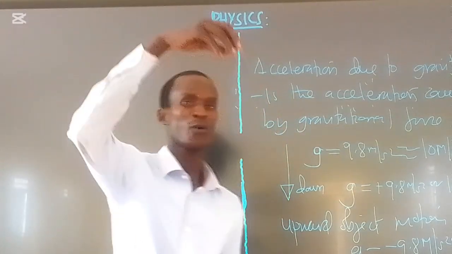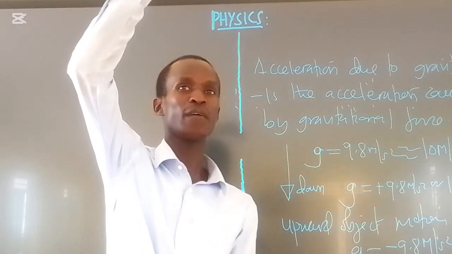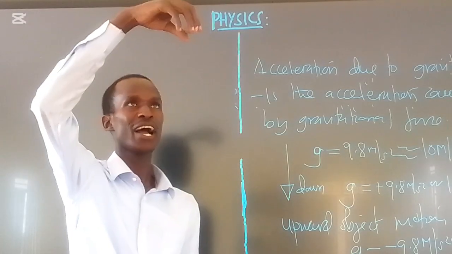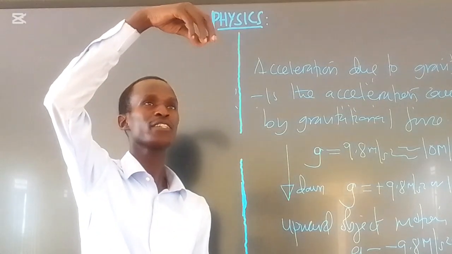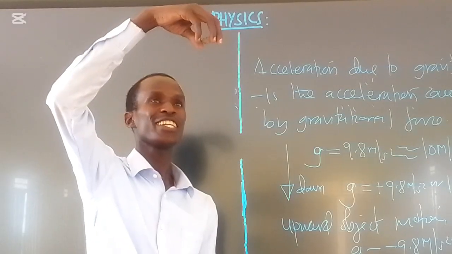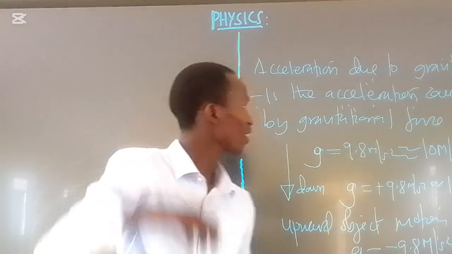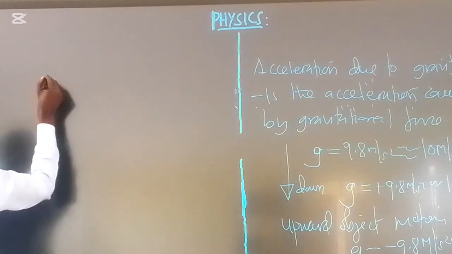Consider this stone. When I drop this one, this is a free falling body. When I hold this stone and then let it move downward, initially it starts with zero acceleration. We are in a free falling body.